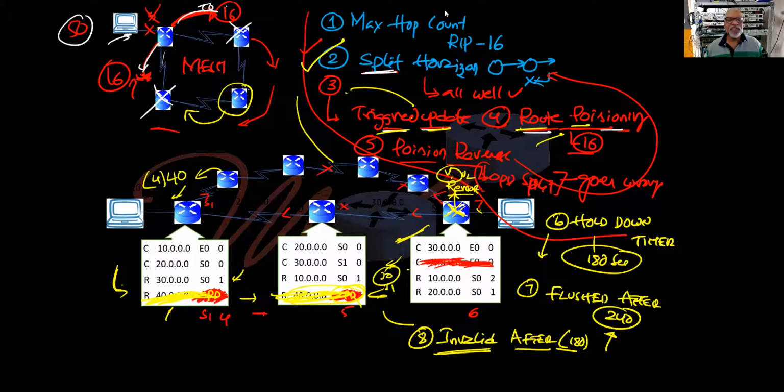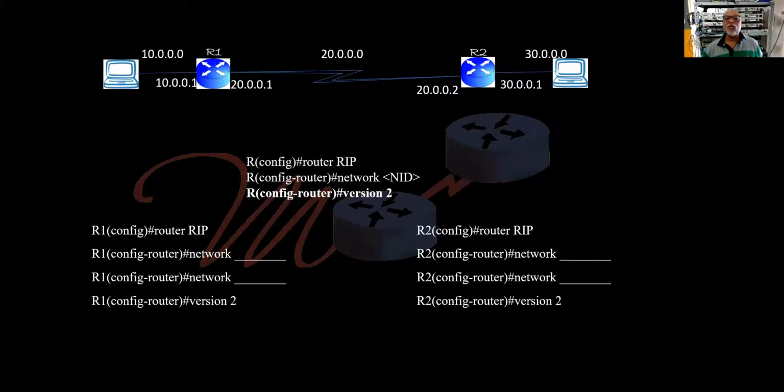So configuration is very simple, online configuration. I'll show you all these qualities. How much time do we have? About 20 minutes, that should be good enough. So configuration wise, I'll just show you the command. Version 2 I'll teach in the next class, so this I'll not do. You just have to say version 2. Version 1 we'll see first. This version 1 is default basically. There's no version 1 RIP default.